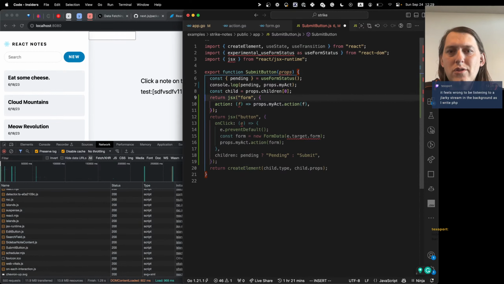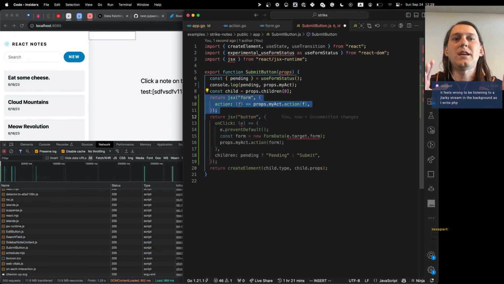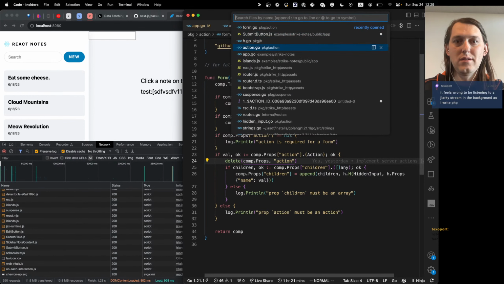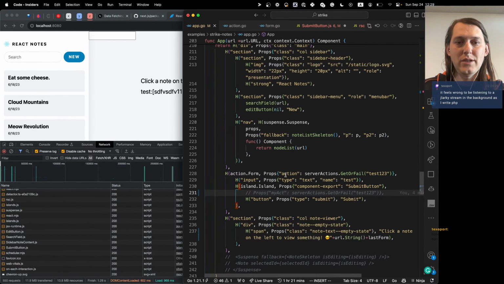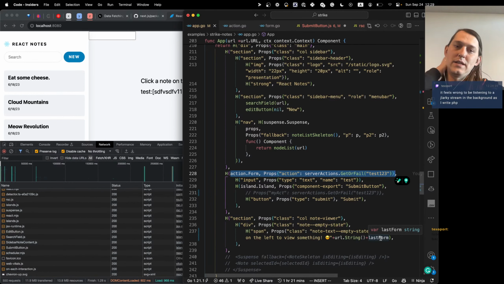But yeah, I can do something like this, but I want to find a way so that I can do it automatically. If I do it automatically, then just by writing the form action, I'm getting forms that have client-side submission